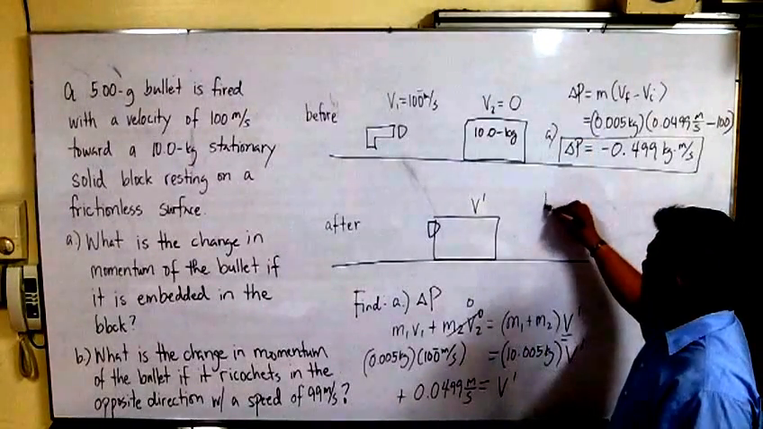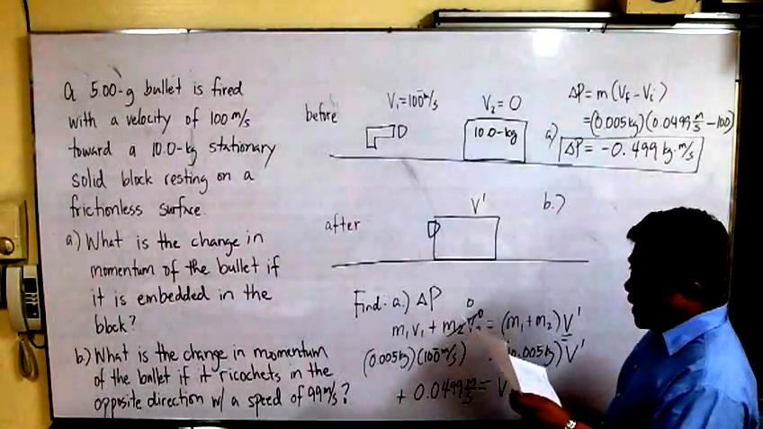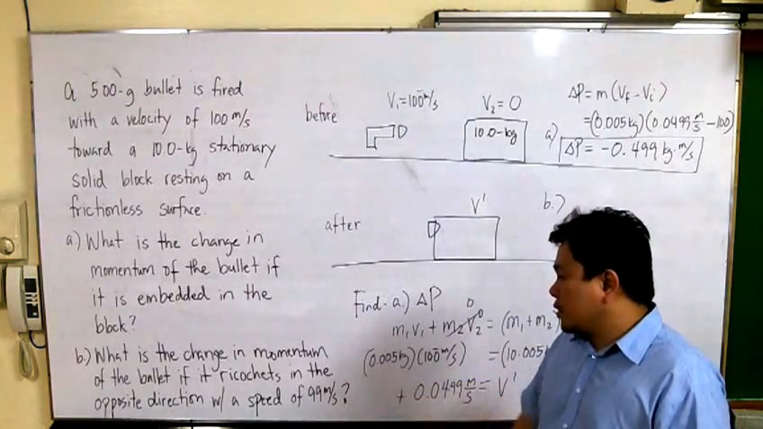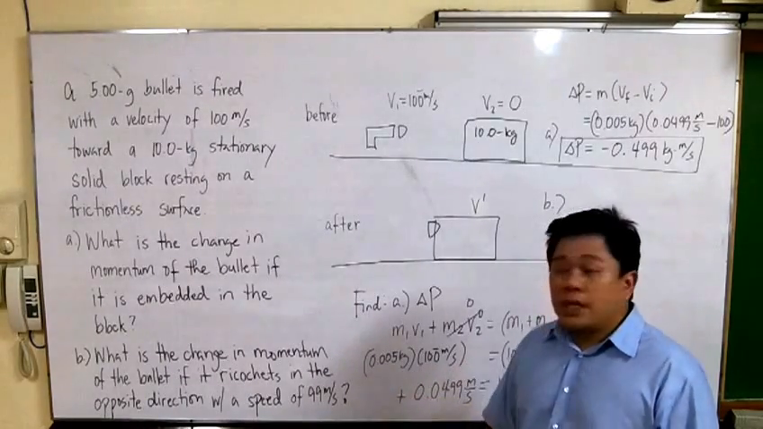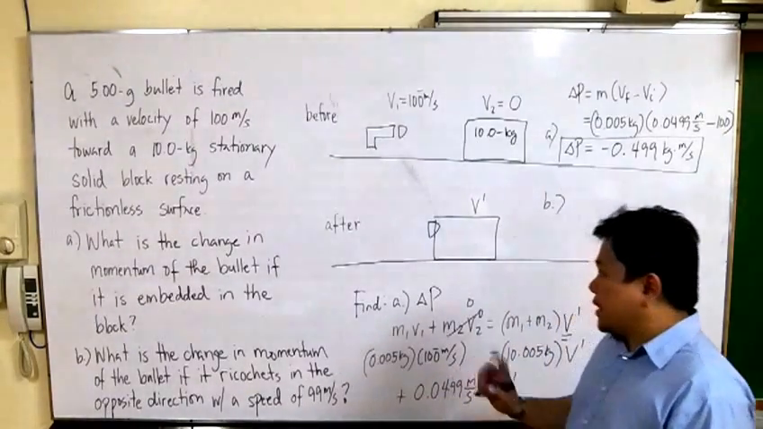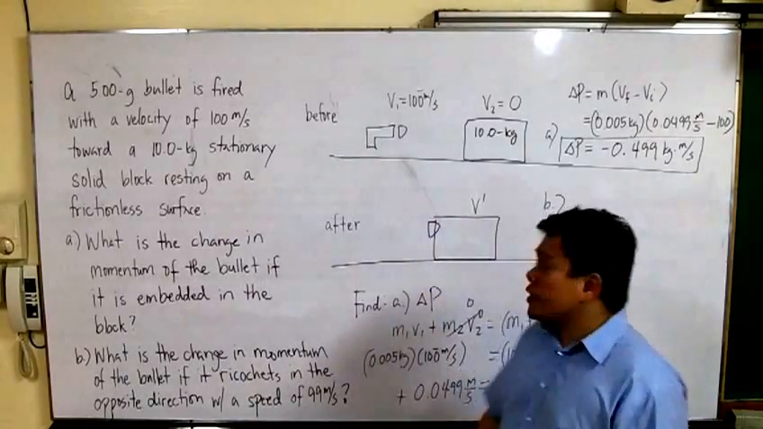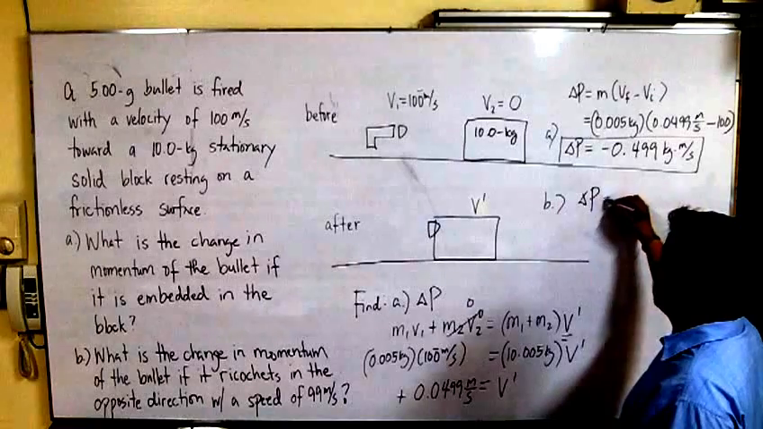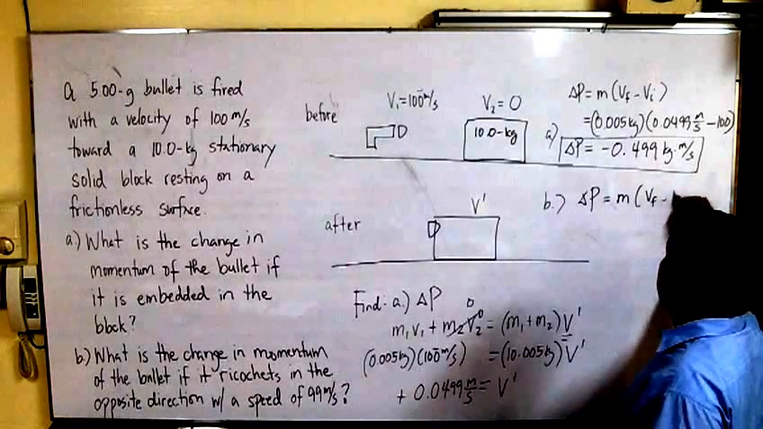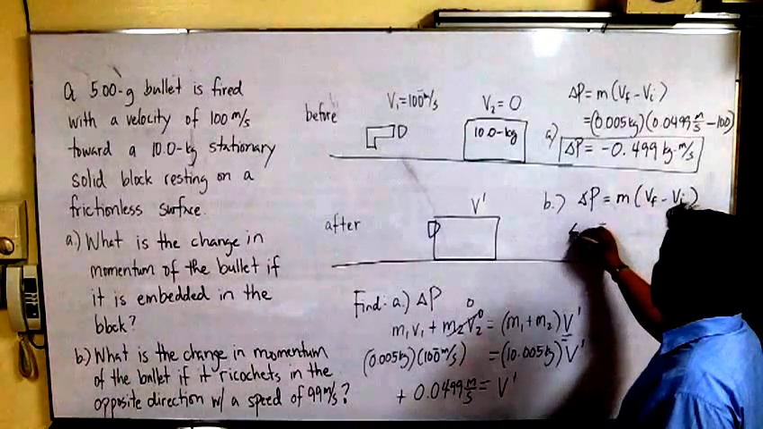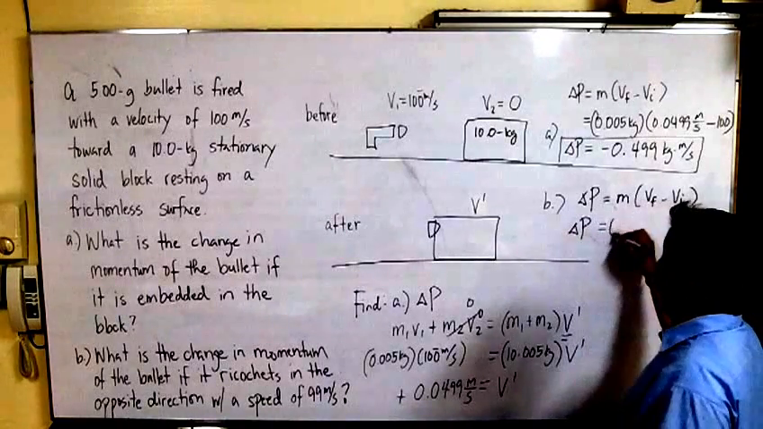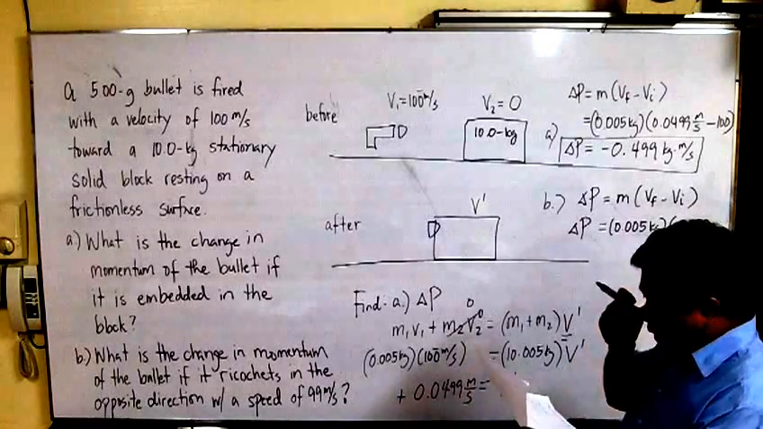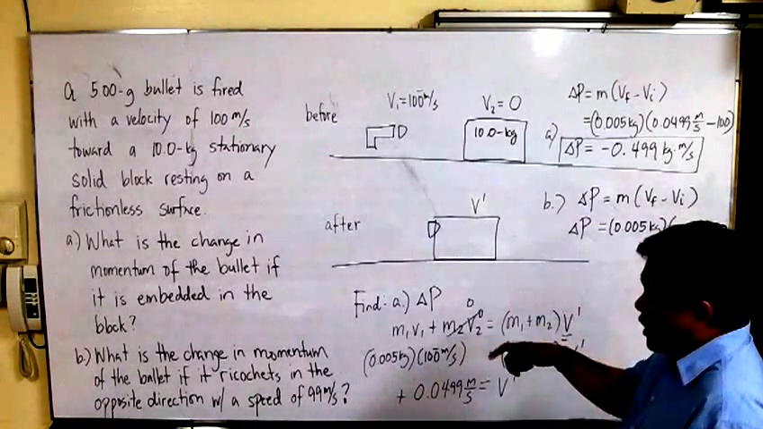In letter B, you're asked, what is the change in momentum of the bullet if it ricochets in the opposite direction with a speed of 99 meters per second, or almost the same as 100 meters per second? Okay, so change in momentum, delta P is equal to M times V sub F minus V sub I. So the mass of the bullet is still 0.005 kilogram. The V sub F is negative 99 because it ricocheted, went back,